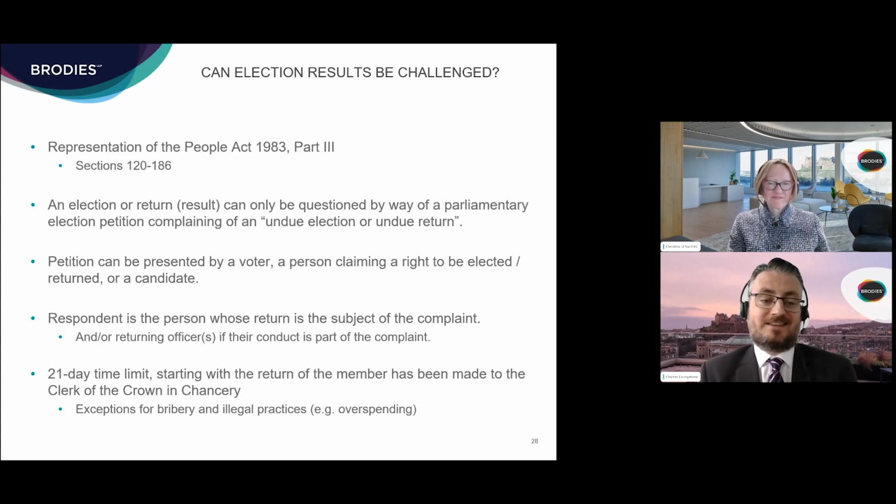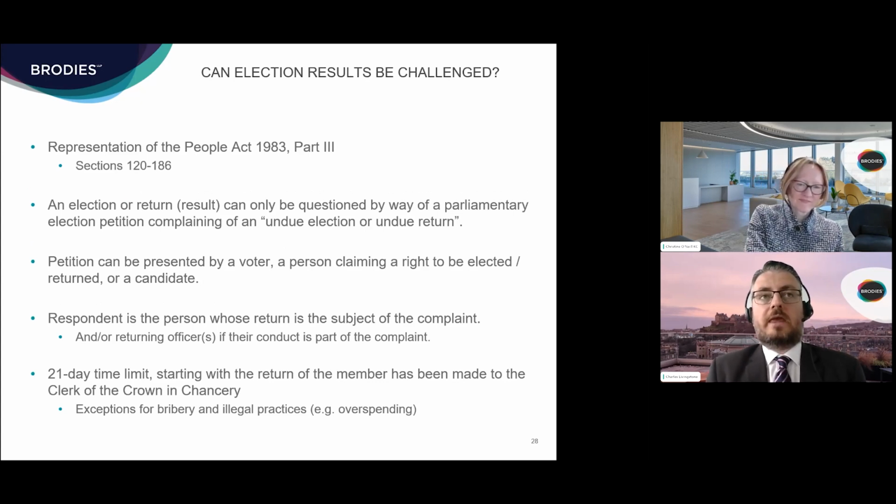There are 66 sections in there, so it's some fairly chunky stuff. Some of those sections have been repealed. Some are about local government elections only, but it's still pretty detailed. But the rules are that an election, or in a UK Parliament context, a return, meaning the result, can only